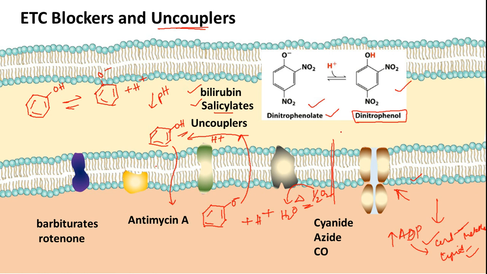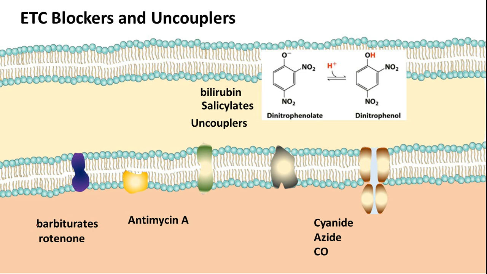The next one is a very interesting example, a natural electron transport chain uncoupler. That is one protein, we call it thermogenin. Thermogenin is a transmembrane protein which usually stays in between complex 4 and complex 5. This thermogenin is usually expressed in the animals who are known to hibernate.